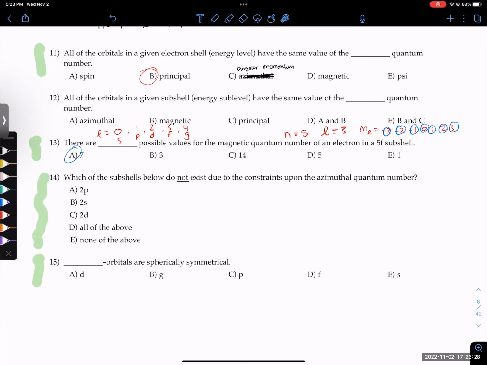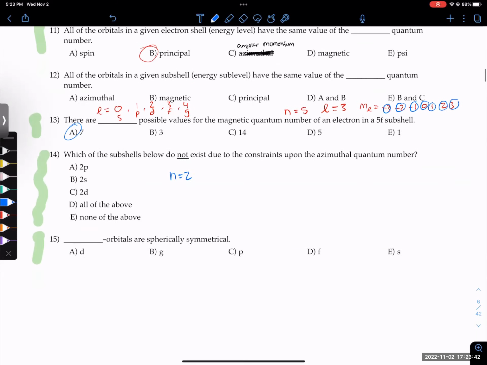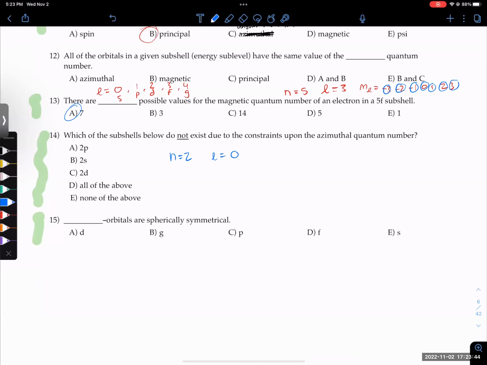Maria already answered it, so I'm sure y'all heard her. But why is it C? The answer choices are all in the second energy level, right? So we know n must be 2. That tells us that L can be 0 or 1, not both. The 0 corresponds to the what subshell? Say it louder, guys. Perfect, and 1 corresponds to P.